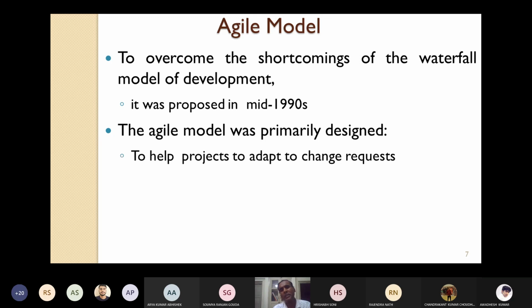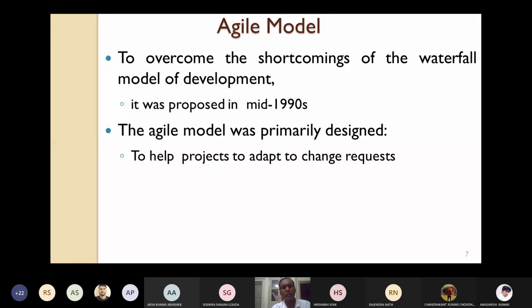This was the major objective, because the vendors and firms saw that in traditional methods, once the requirement is frozen and design is started, it is very difficult to change the requirements, so it cannot meet the customers' demands or the market demand. That's why the agile model was designed, so that whenever there is a change request, it can easily accommodate it.